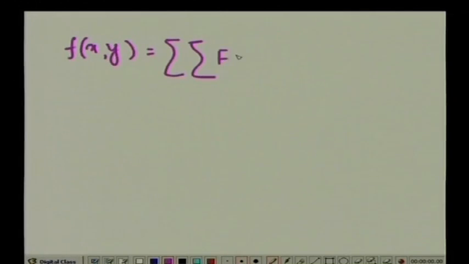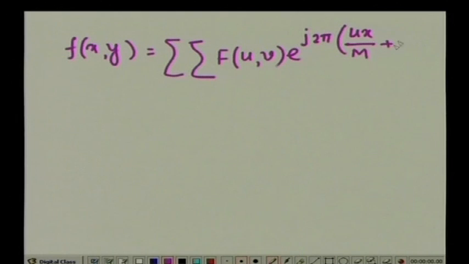So, the inverse Fourier transformation will be given by f(x,y) equals the double summation of F(u,v), which is the Fourier transformation of f(x,y), times e to the power j 2 pi (ux/M + vy/N), and now the summation will be from v equal to